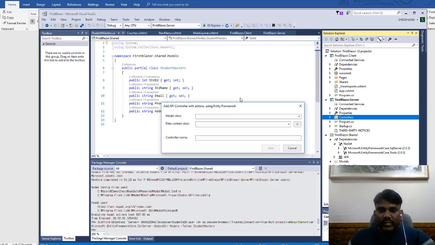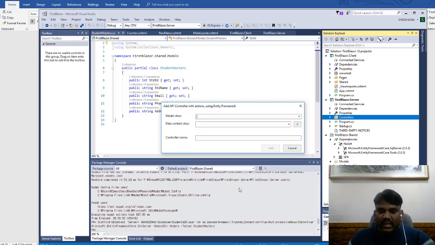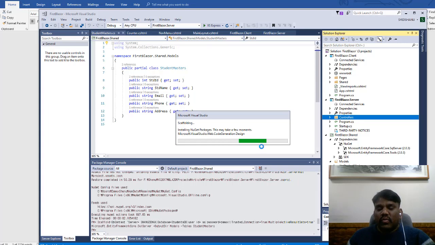Okay, so from here in the model class we select our shared project model class as student master. So here we have this, and next we select our student DB context. DB context class as the student DB context, and we click add. Once we click add, it will take a few seconds, and we can see that the web API will